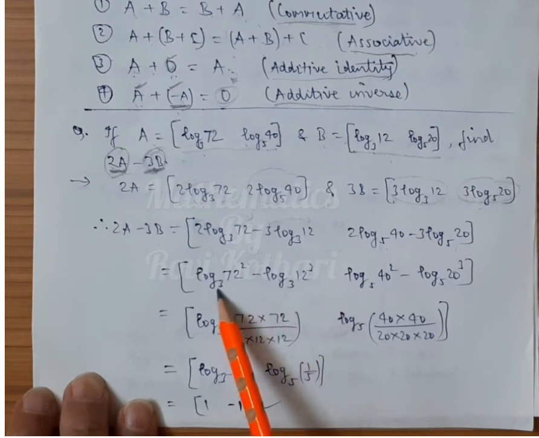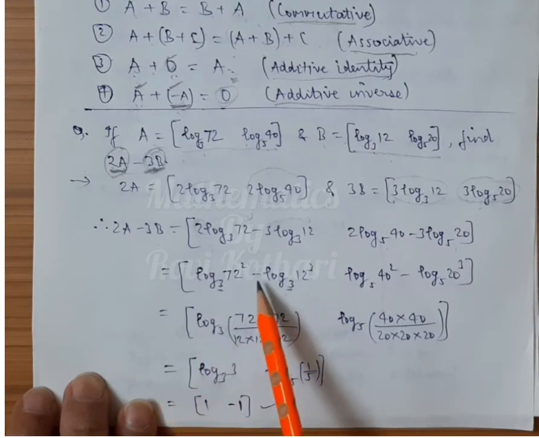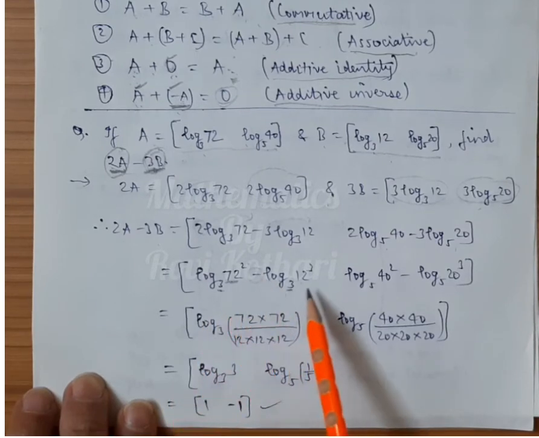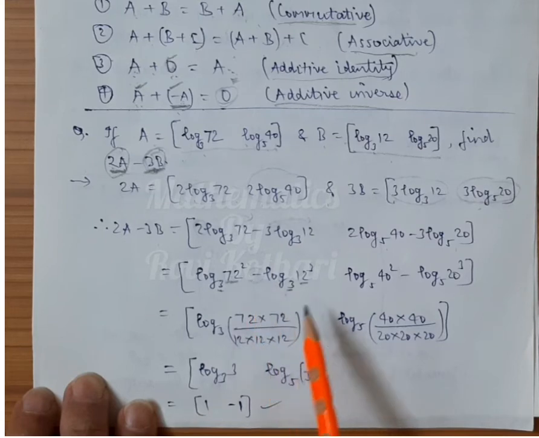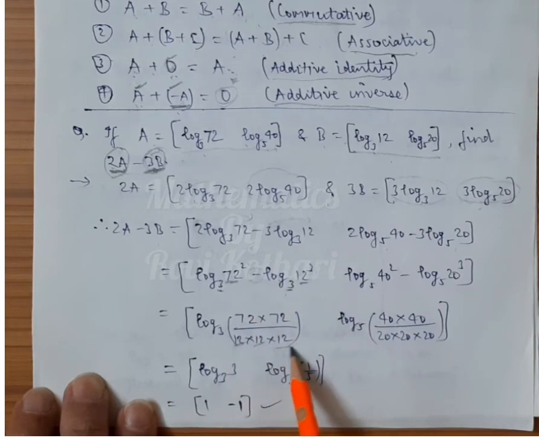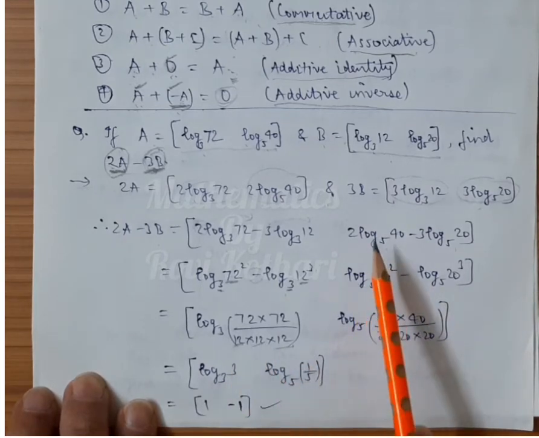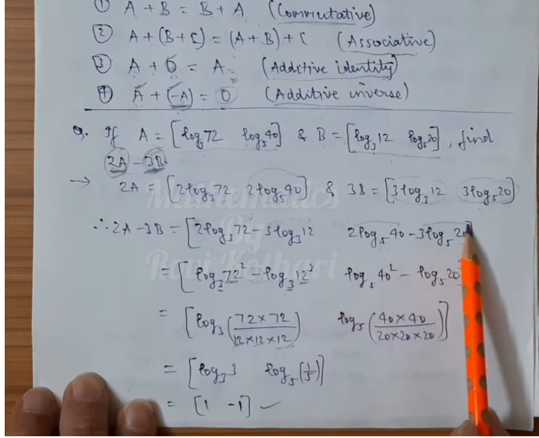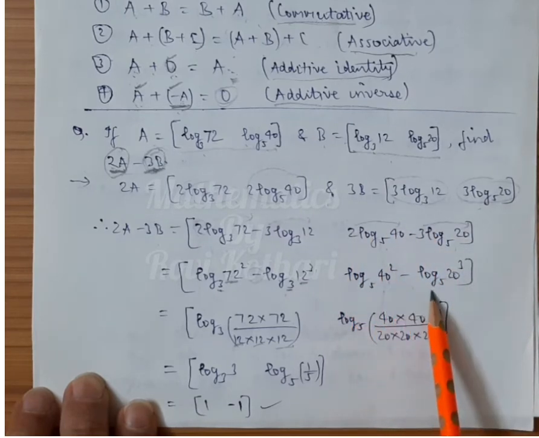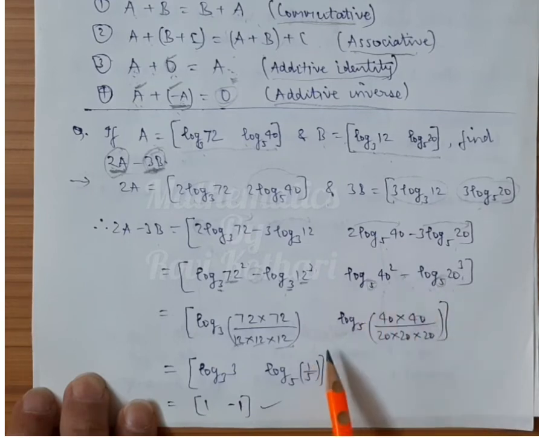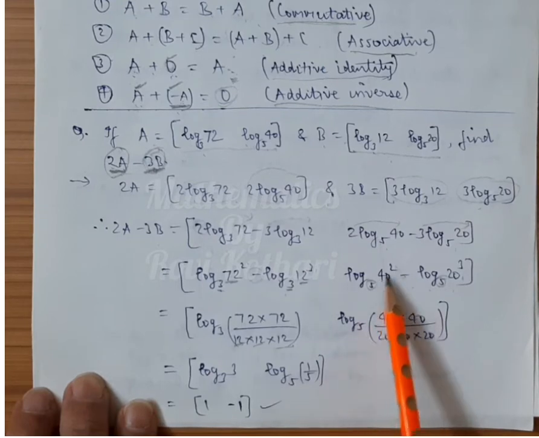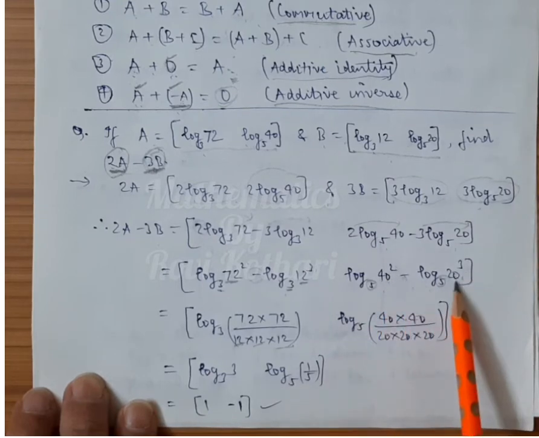यहाँ तक ठीक. फिर देखिए दोनों की बेस सेम है. जब दो लॉग की बेस सेम हो और बीच में माइनस का साइन हो तो ये दोनों क्या हो जाते हैं? डिवाइड हो जाते हैं. तो क्या आ गया? लॉग 72 का स्क्वायर यानी 72 इंटू 72 डिवाइडेड माइनस क्या बन जाएगा? डिवाइड 12 का क्यूब यानी 12 इंटू 12 इंटू 12. ठीक, इसको करते हैं सॉल्व आगे. इसको देखिए यहाँ पे भी ये 2 किधर चला गया? पावर में. 3 किधर चला गया? पावर में. क्या आ गया? लॉग 40 का स्क्वायर माइनस लॉग 20 का क्यूब. फिर वही बात है, बीच में माइनस है, दोनों की बेस सेम है. माइनस किस में बदल जाएगा? डिवीजन में. क्या आ जाएगा? लॉग 40 इंटू 40 डिवाइडेड बाय 20 इंटू 20 इंटू 20.